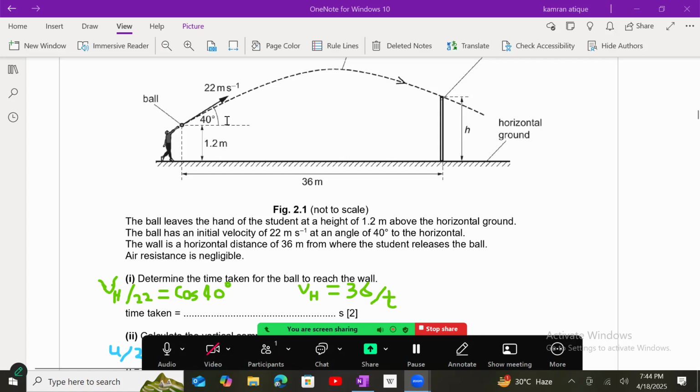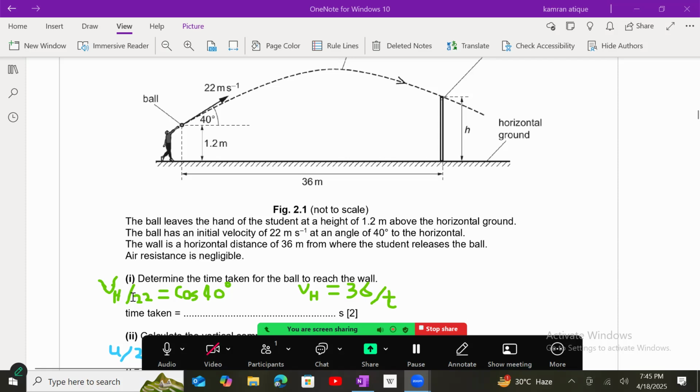And according to the rules of the right angle triangle, in front of the 90-degree angle, 22 meter per second is present, which will be the hypotenuse in this case. And the base stands for VH, the horizontal velocity, while the perpendicular will stand for the vertical velocity here. As I want to calculate the horizontal velocity, the horizontal velocity will be the base,